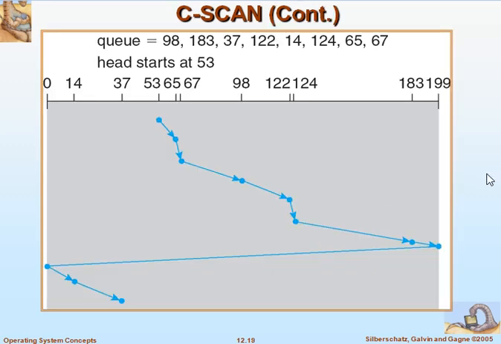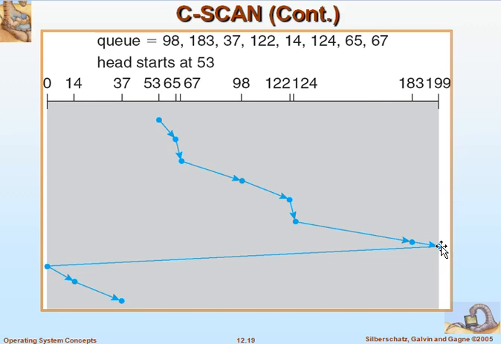Okay, this is C-SCAN, and this is how we see it. Same, the head starts at 53. From 53 it will go in one direction and cater 65, 67, 98, 122, 124, then 183. It reaches the end of the disk.